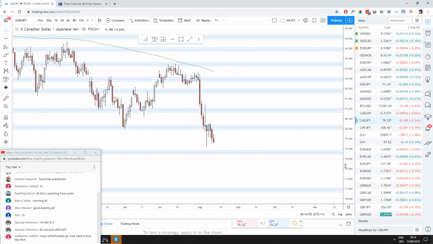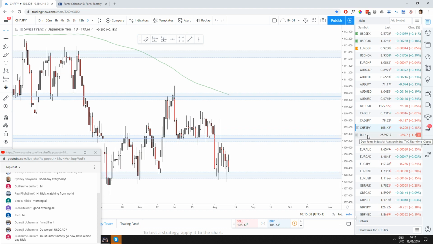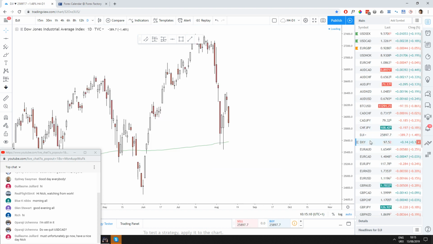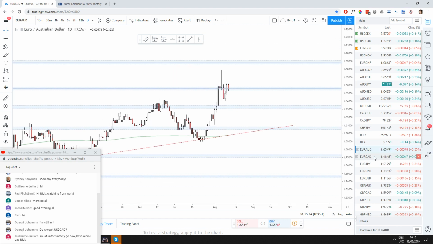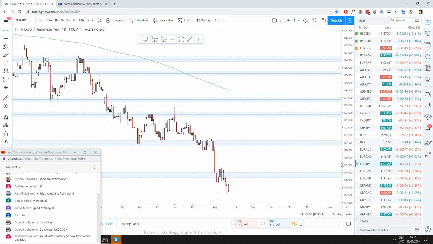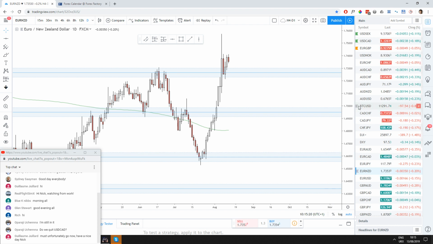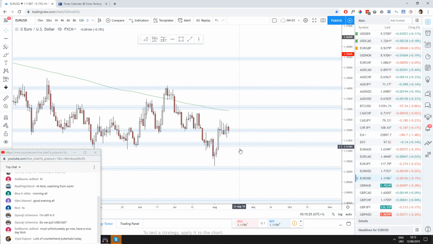let's get back into the analysis. I can't remember where we were. Looking at CADJPY, because that's the one selected. Yeah, nothing really there. Nothing on CHFJPY. Let's not worry about those pairs. Euro AUD, Euro CAD, nothing much. Euro JPY, nothing much. Euro New Zealand, yeah, there's nothing much going on. This sideways movement on the euro is a bit